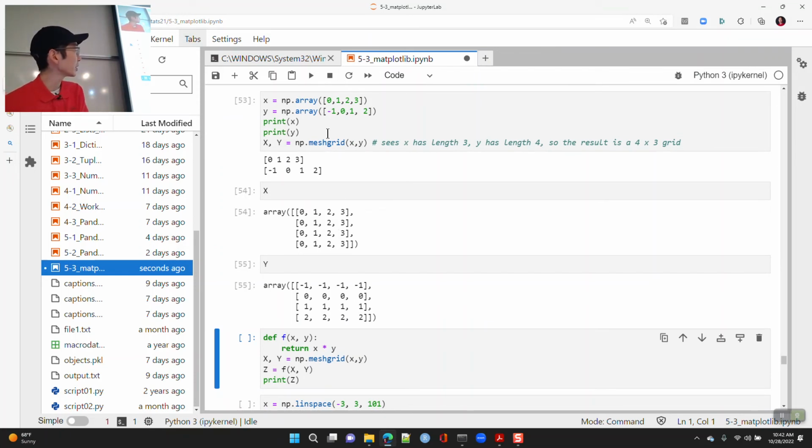Just remember when we did broadcasting, and we took one row, 5 columns, and five rows, 1 column, and then we added them together. What Python did was it broadcast both into 5x5 things. That's basically what meshgrid will do: it will take the vector that you supply it and broadcast it into, in this case,